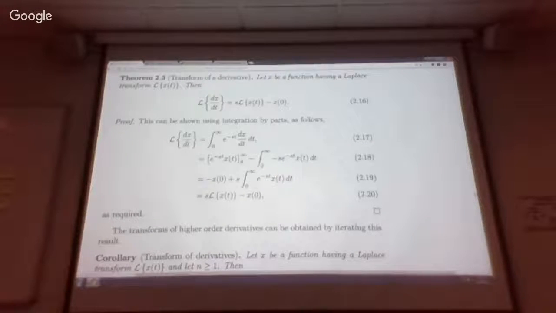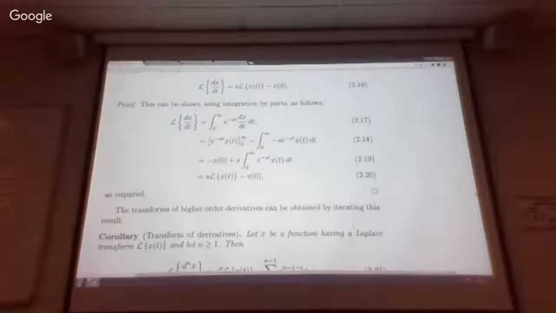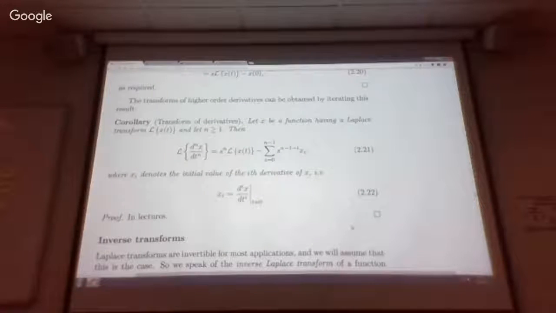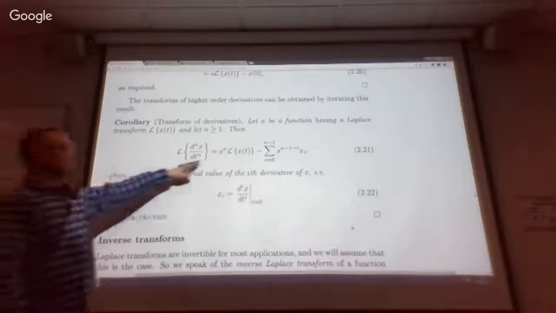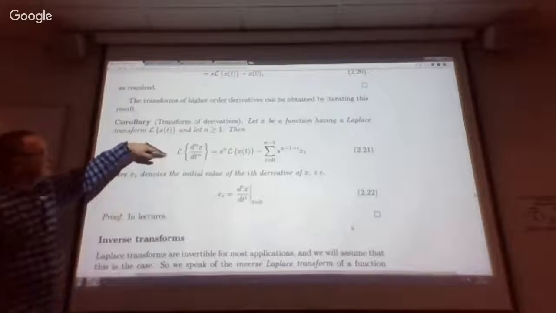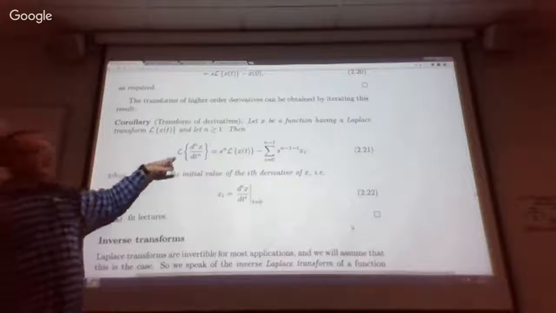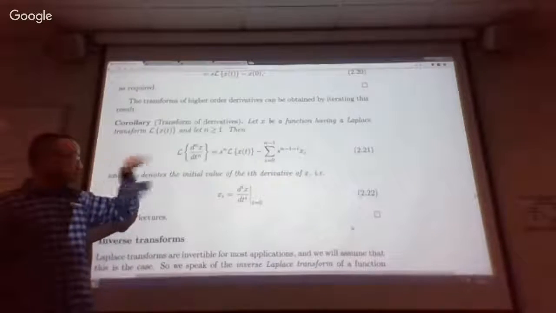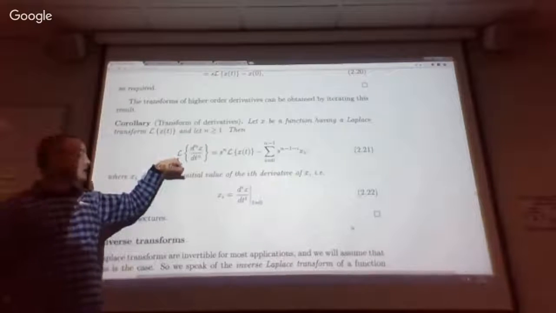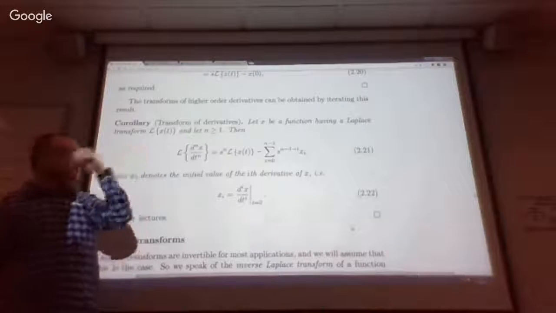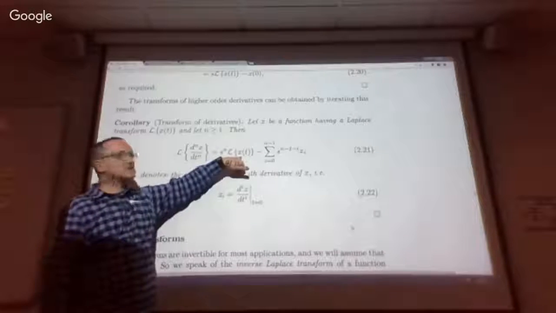You just need to run that property on itself, substitute it into itself, however many times, and we get this general result, which is what we need for tackling differential equations, as we're about to see. This allows us to understand the Laplace transform of any order derivative of x in terms of the Laplace transform of x,